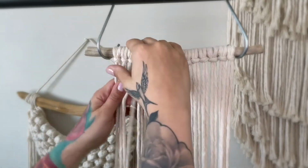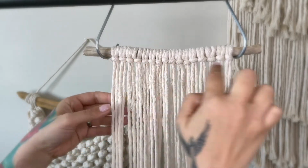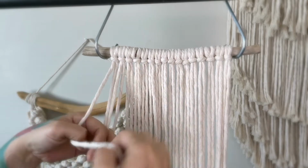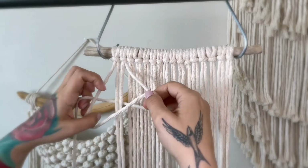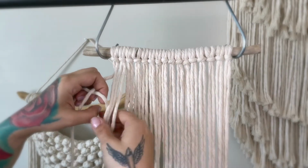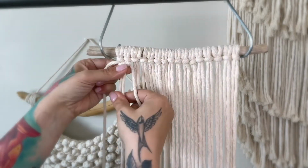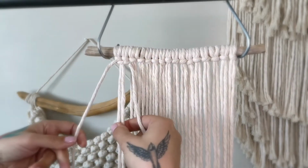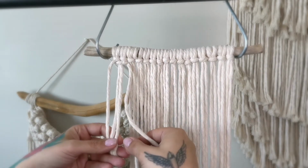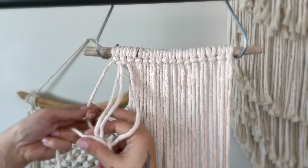Okay, so now that that is done, we are going to tie square knots across the whole top. To tie a square knot, you go like this, you put one in the front, one in the back, and pull them through. A square knot consists of doing that twice, but in the opposite direction the second time. So the second time, we will put the left one in the back and the right one in the front. Pull through,